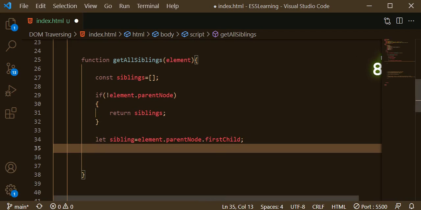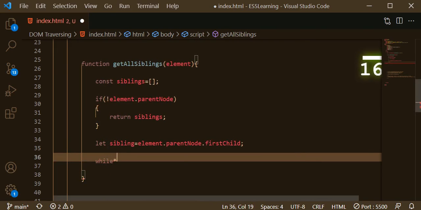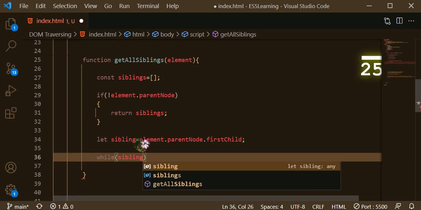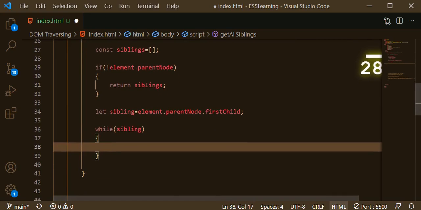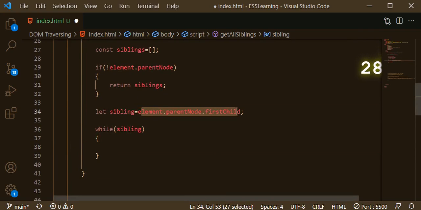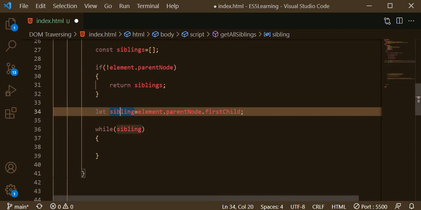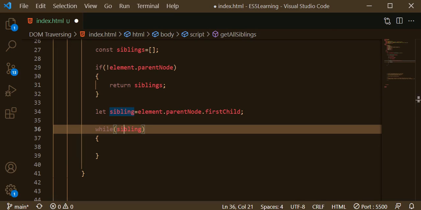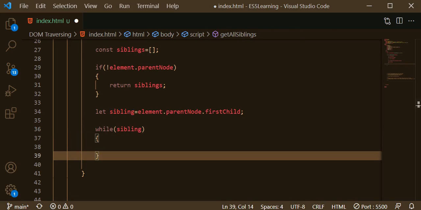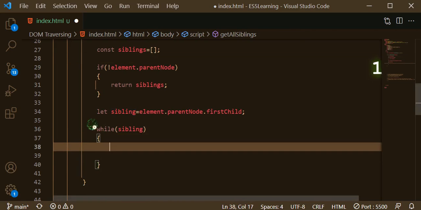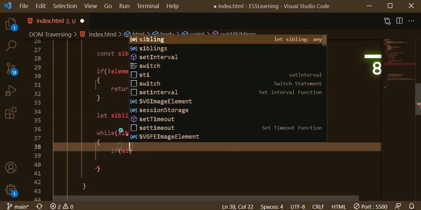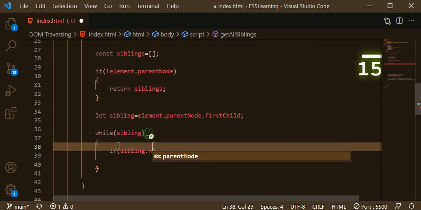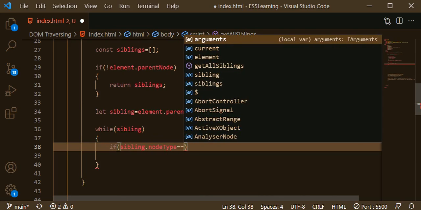Right, here I am selecting the first child of its parent, right? And here we have to check while sibling. Means if it returns some value, that value will be assigned to the sibling variable, and if there is some value, then we can push that value to this siblings array. Alright, but we have to check that if sibling dot nodeType, because we just want to fetch the element, not the text. Alright, nodeType equal to 1, that means element,